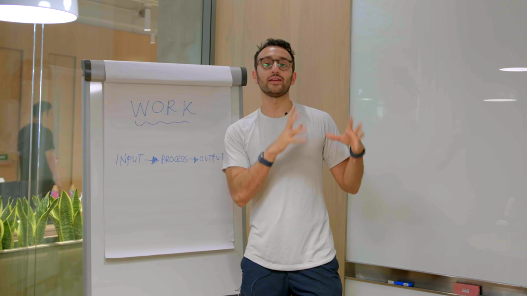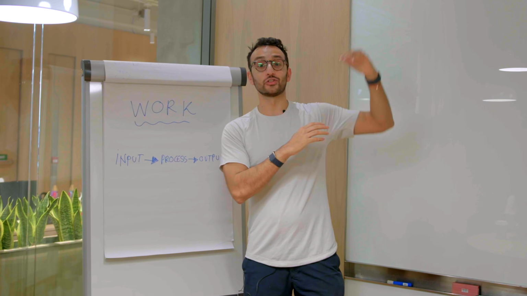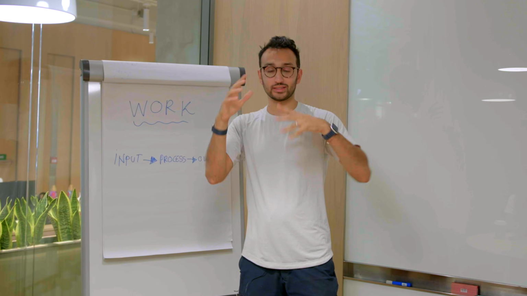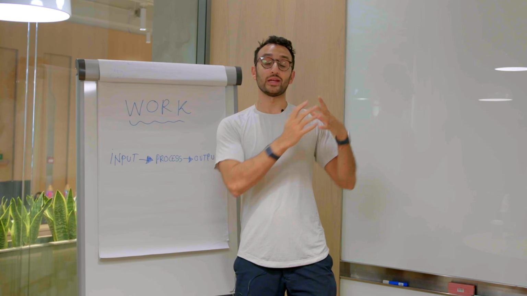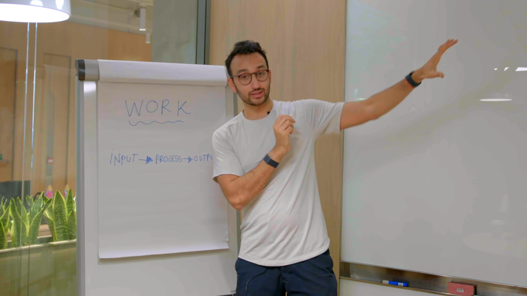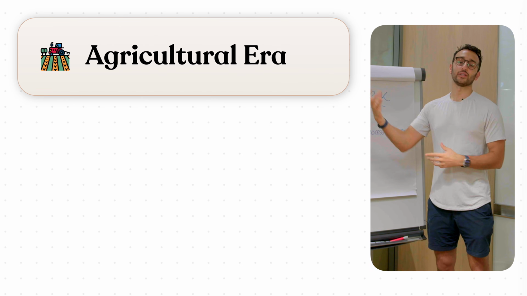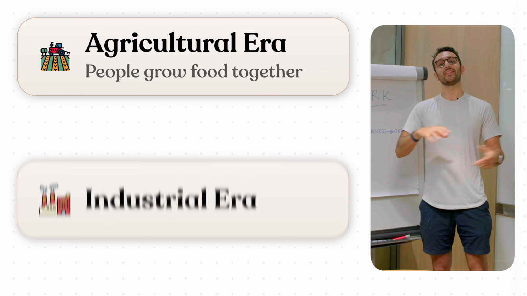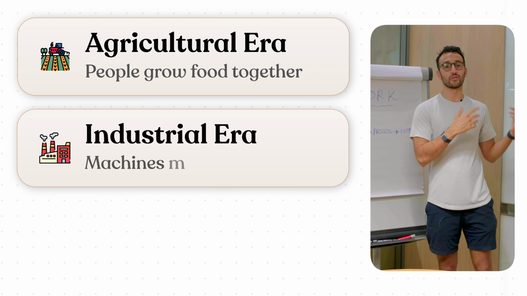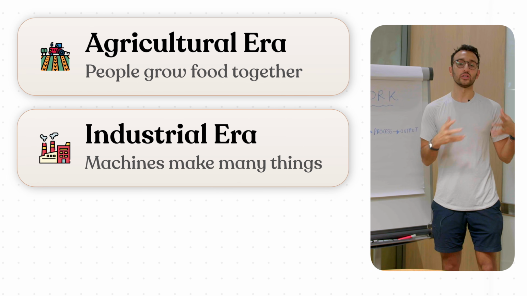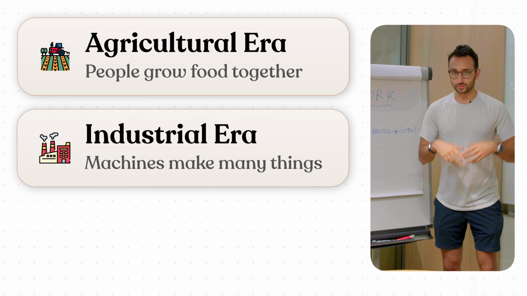And generally, the value of the outputs, if you're doing it properly, is greater than the value of the inputs plus the labor cost of processing, and therefore you have created value, because someone else is going to pay more for that table that you created compared to the raw material cost of the wood. So we have the agricultural era, which is all about creating food. Then we get the industrial revolution and the industrial era, which is all about creating stuff in the real world, cars and trains and railroads and all of the fun stuff.